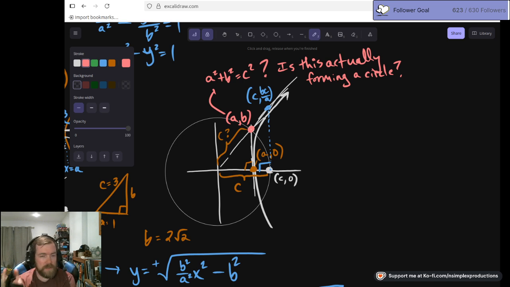The contention is yes, that it's always going to end up being a circle, that a squared plus b squared equals c squared for this particular shape, which also means that